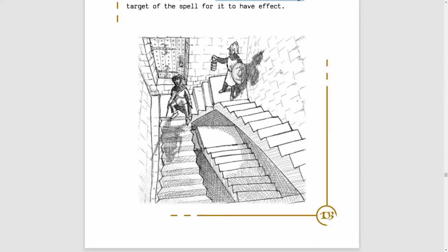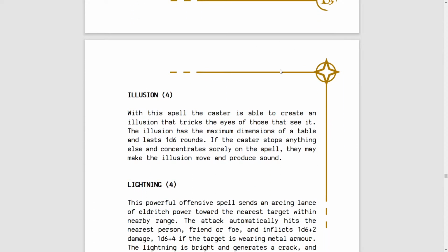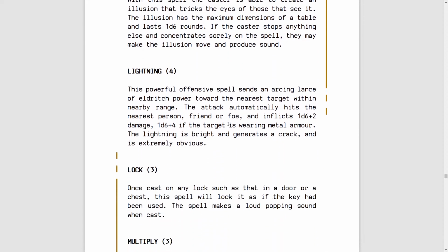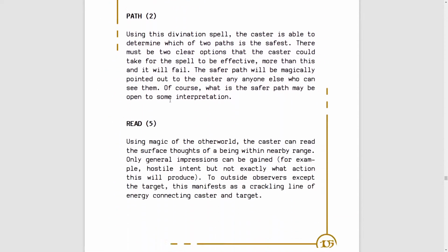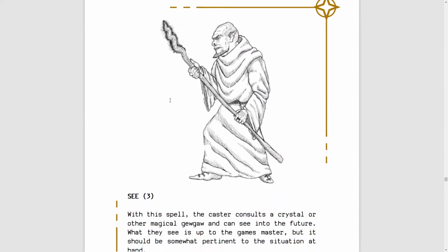The other ones don't talk about range or anything. They just give a description. And I guess you can kind of say, well, if you did this in a hallway, that wouldn't work. Or if you tried to do this through a keyhole, that's not going to work. So from the description, you should have some idea. There's lightning as an attack. And then read. Yeah, that would be a great...